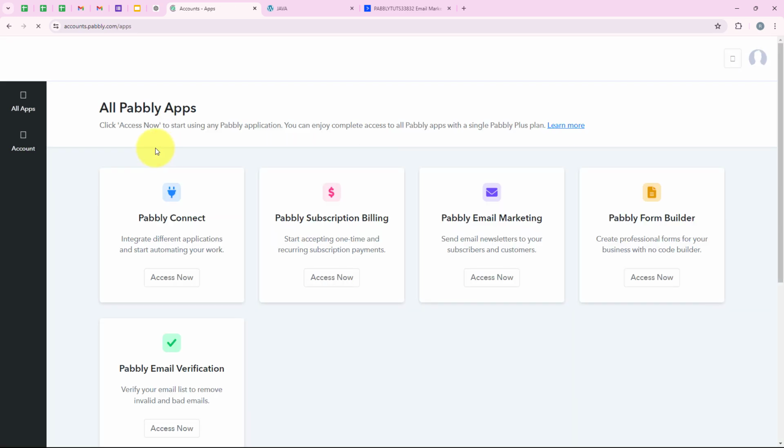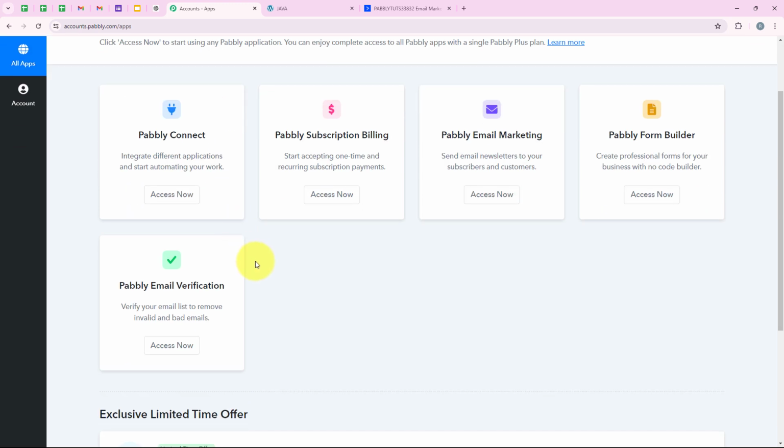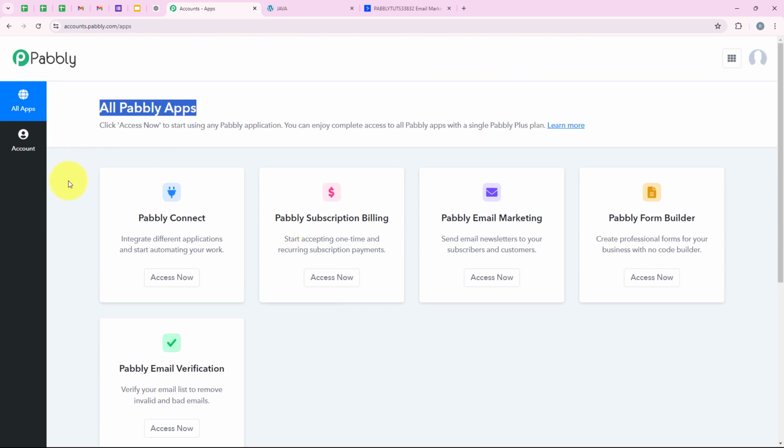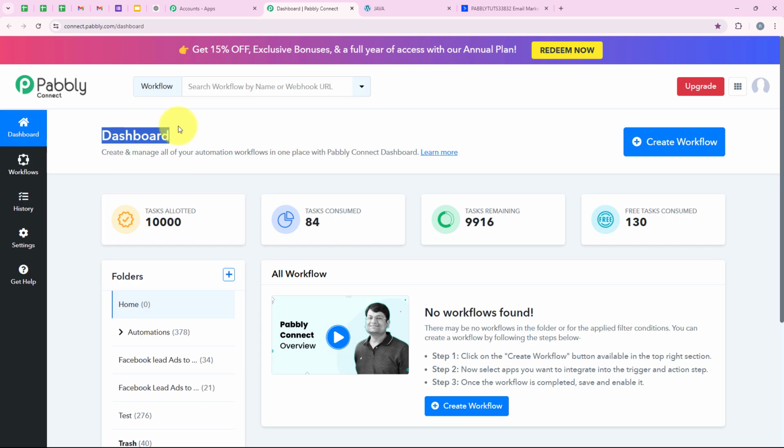And now it is opening all Pabbly apps. Over here you can see all the tools and applications offered by Pabbly. But in today's video, we are going to use Pabbly Connect because we are connecting different applications. So I'm going to click on access now right over here to access my Pabbly Connect account. And now it is opening my dashboard, and to start with the automation, I'm going to click on this button